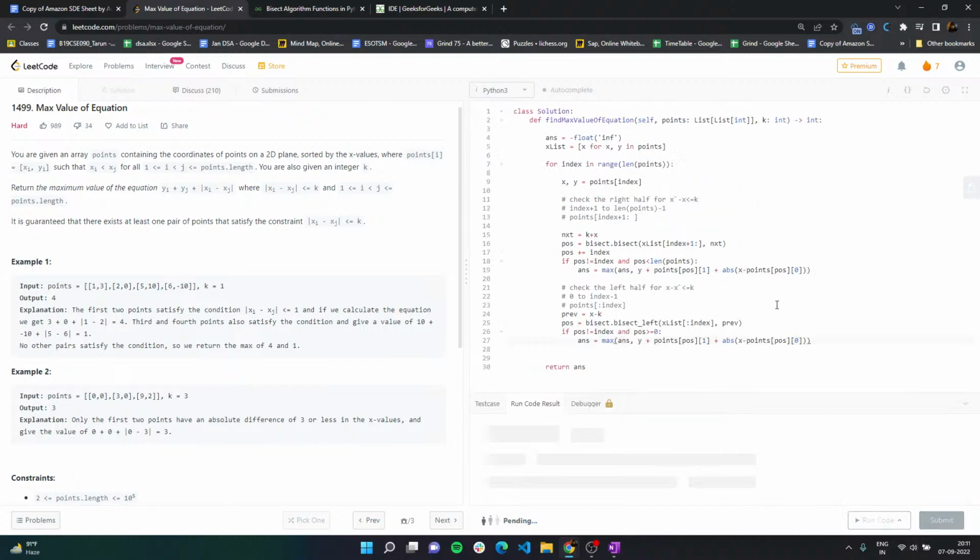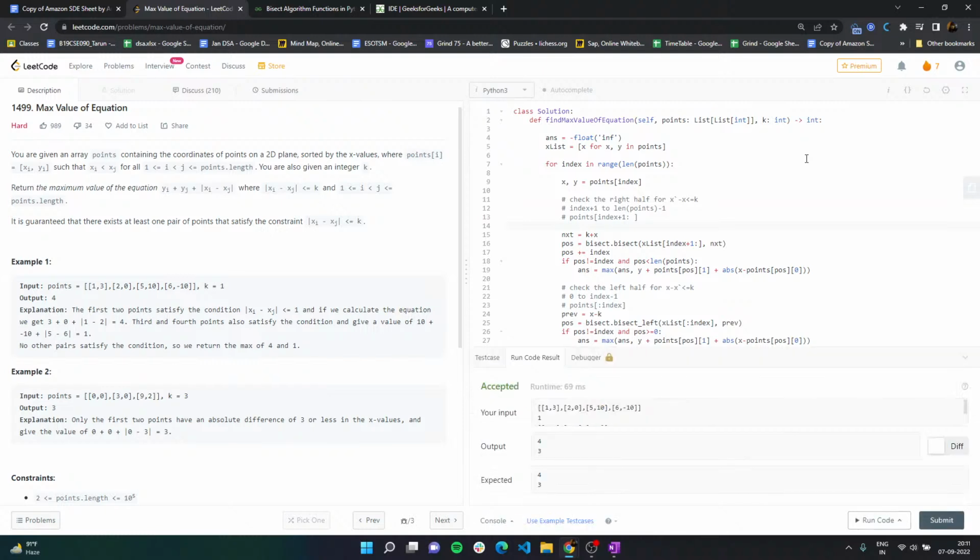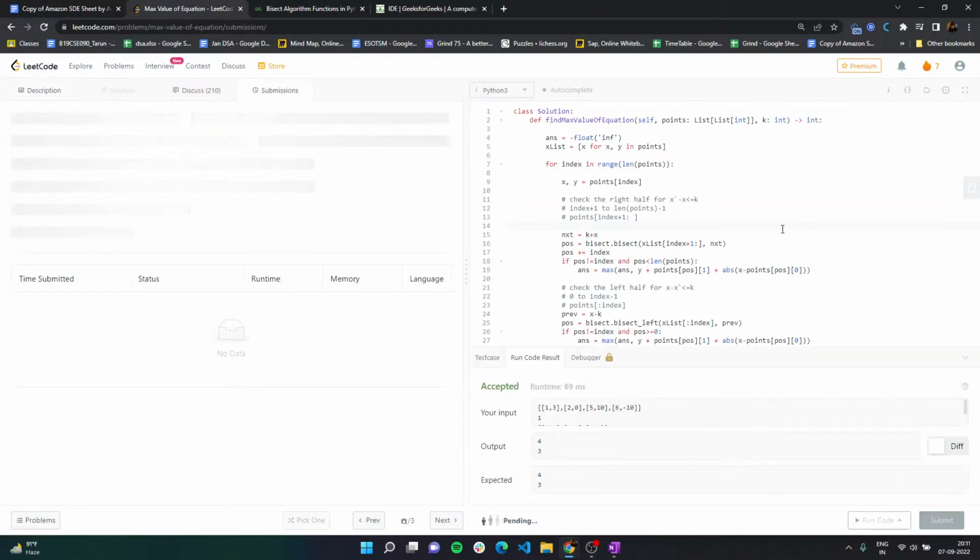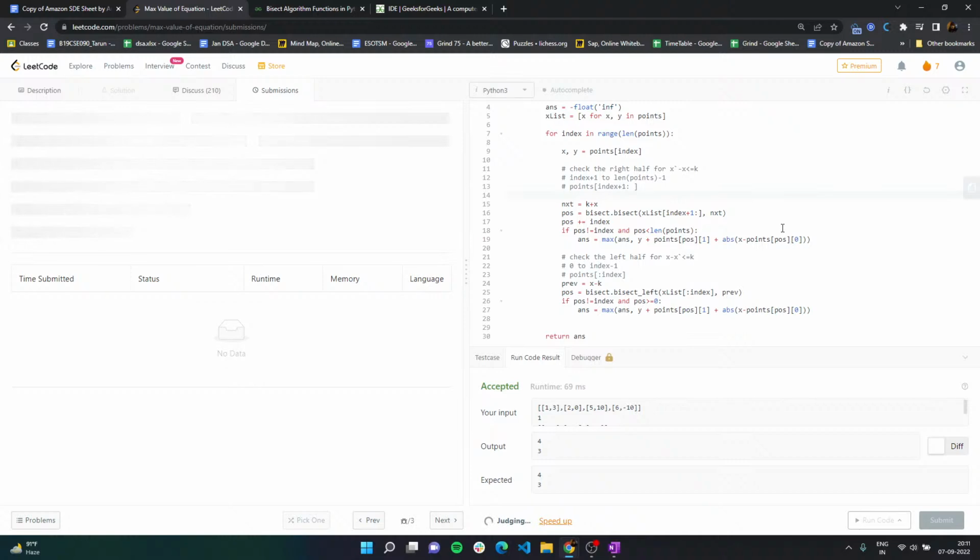And now I can run the code, and now I can sort of believe that this code is going to be my solution. Let's see if it gives me a time limit error. There's a high possibility that I'm going to get a time limit error, but